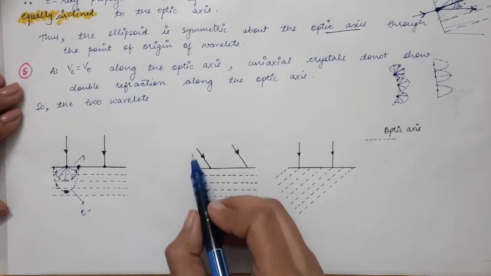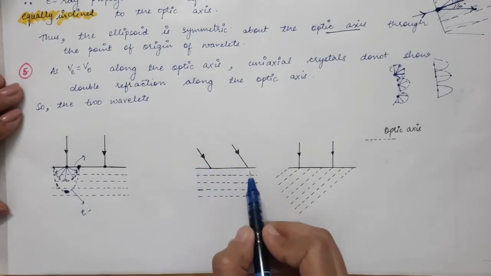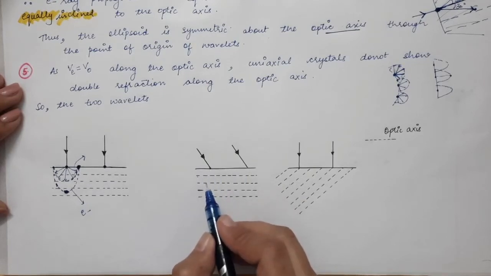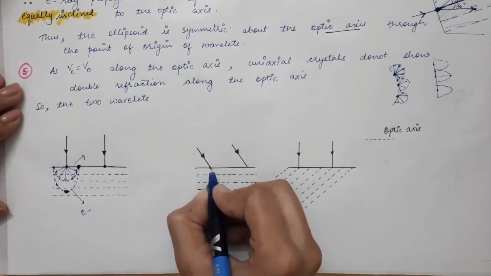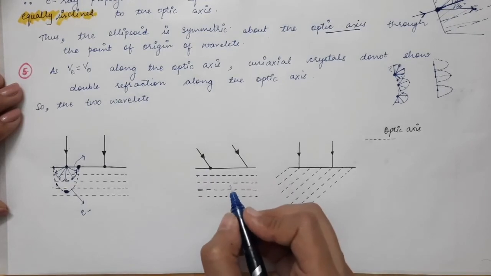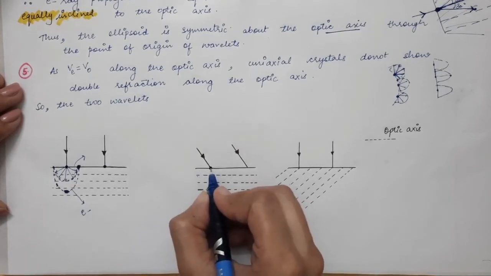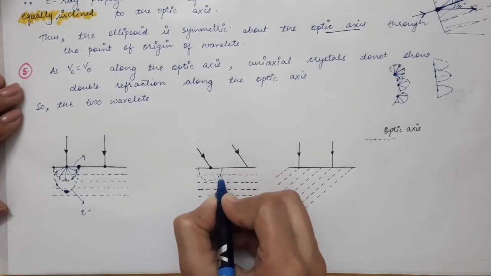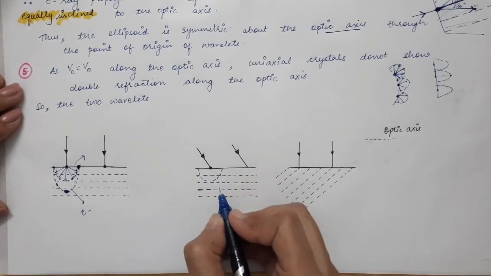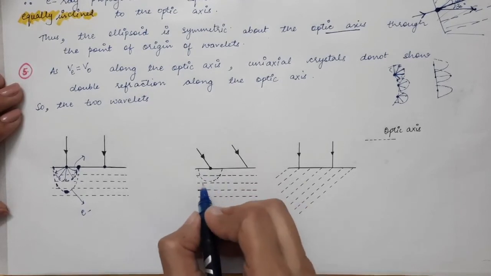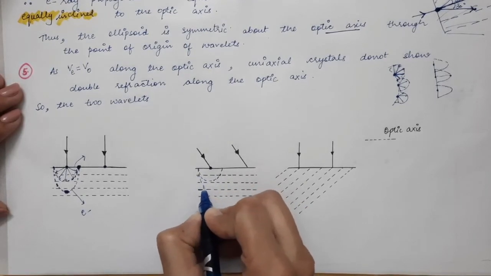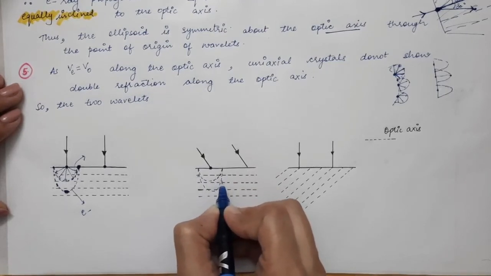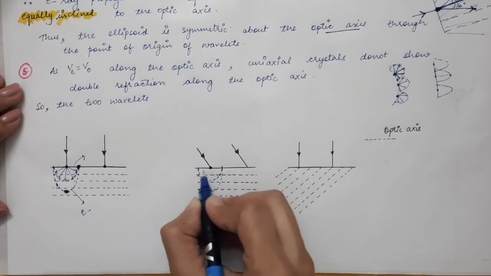Now in the second case also, we have an incident light ray which is falling at a certain angle of incidence. Now the wavelets in this case will also be the same. So this point will become a source of secondary wavelets. From this point, a spherical wavelet will be emitted, which is for the case of O ray, and for the E ray we will have an ellipsoid wavefront. So these two wavefronts for O ray and E ray will touch at these points.